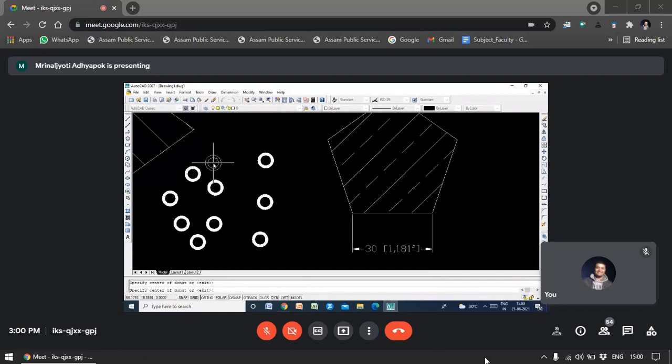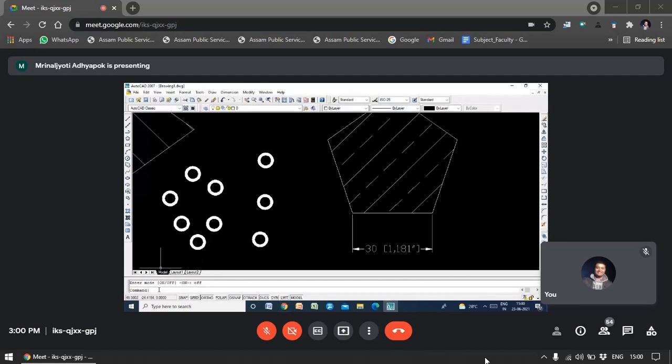Suppose you have to make an unfilled donut. Here you can see these are filled donuts. So how to make an unfilled one? You have to write the command fill, then press enter. After that, enter mode on or off. In our case, the fill command is on. If you want to turn it off, press off, then press enter.